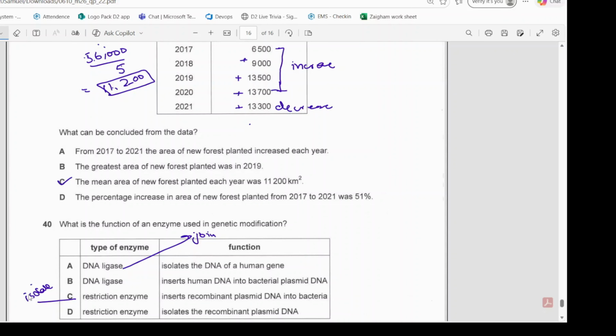Yeah, it's B. I'm telling you. Look at the word: recombinant plasmid DNA. No, it doesn't isolate the recombinant. It isolates the part of the plasmid. Recombinant is the plasmid formed by the new gene and the plasmid, right? That's why it's incorrect. Okay, this is all for this paper. Let's move